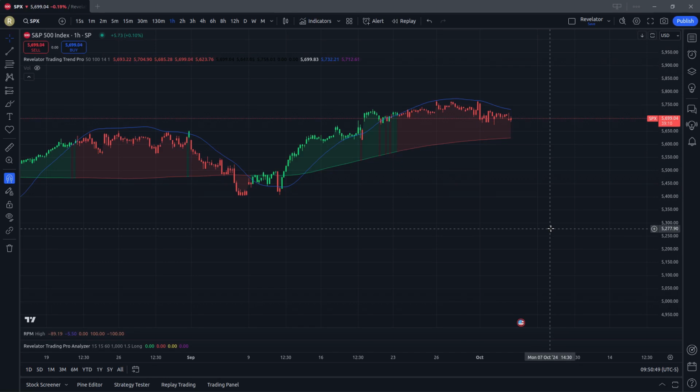The Trend Pro indicator is an overlay, and so basically it goes over your candlestick charts. So what does it do? Well, the first thing it does is it tries to simplify trading by coloring the candles green when market conditions are possibly bullish, and it colors them red when the market is possibly bearish. You can see here that we're largely trading sideways, and that's why I'm making a video and not trading myself